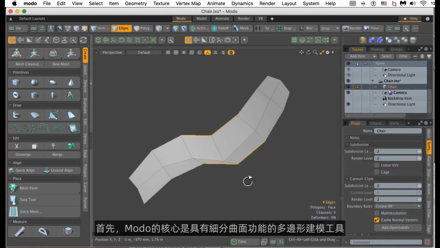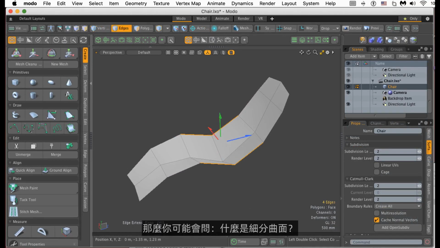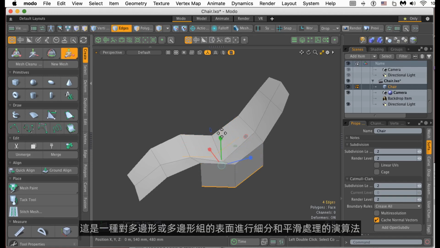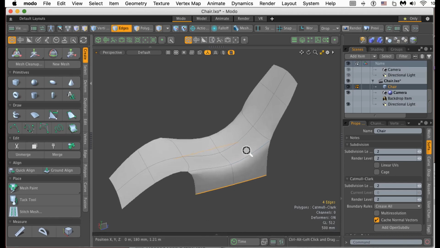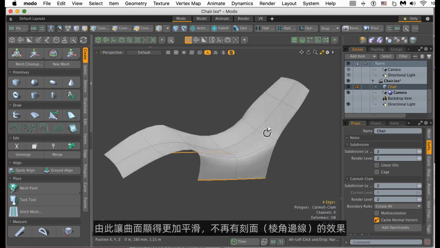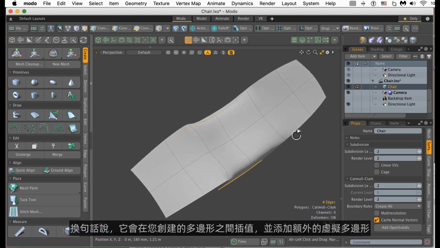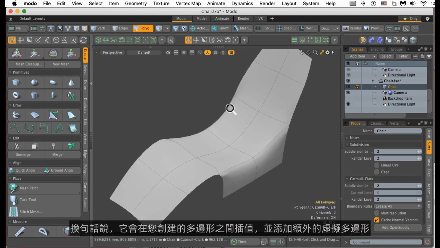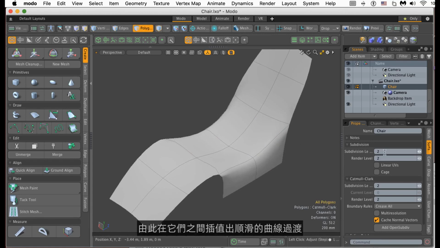So, at its core, Modo is a polymodeler with subdivision surface capabilities. What is a subdivision surface, you ask? Good question. It's simply an algorithm that subdivides and smooths the surfaces of a polygon or group of polygons so that their curved surfaces appear smoother and less faceted. In other words, it interpolates and adds additional virtual polygons between the polygons you created and interprets a smooth curved